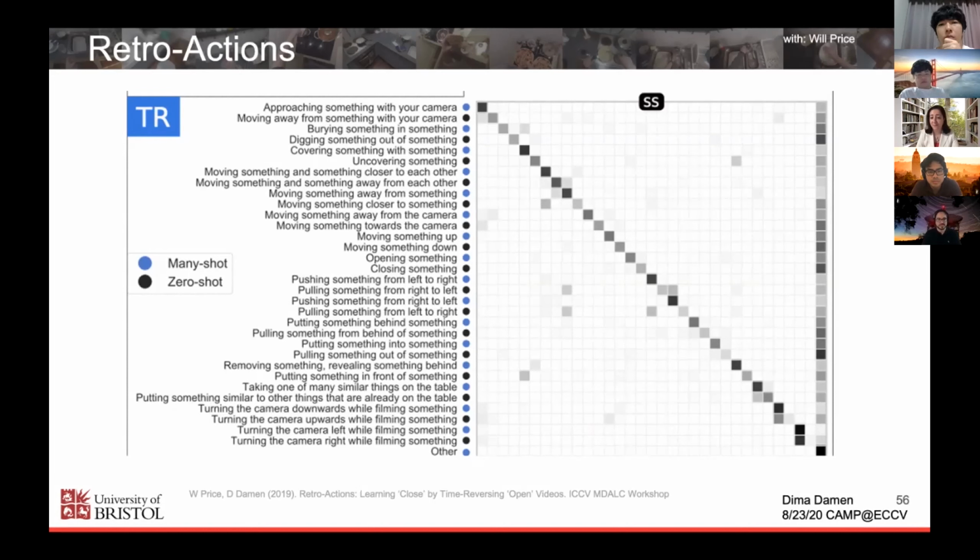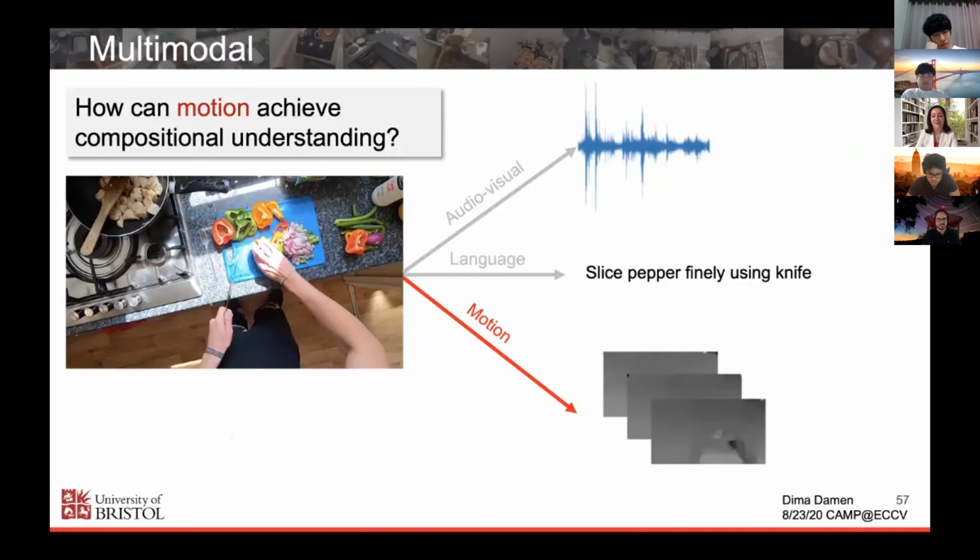And the diagonal is pretty promising. The fact that we can still recognize all of these, as I told you, every other class here is zero shot. If you want to look at this work, it's called Retro Actions. And the videos around it are really interesting to look at. Again, we are in this subset where object interactions take place, and we're showing that time can be reversed into valid examples to train models. Here we're using maybe, let's say, a combination of motion and language, but we're able to achieve this understanding of the objective or the outcome of actions and how they can be reversed.